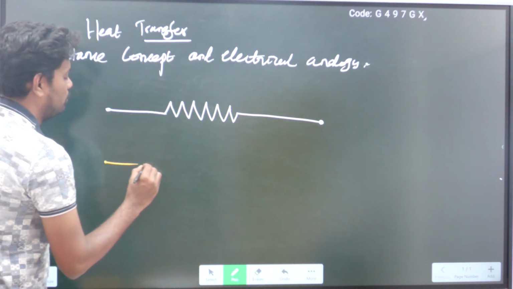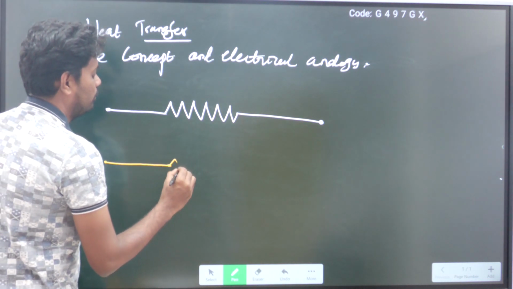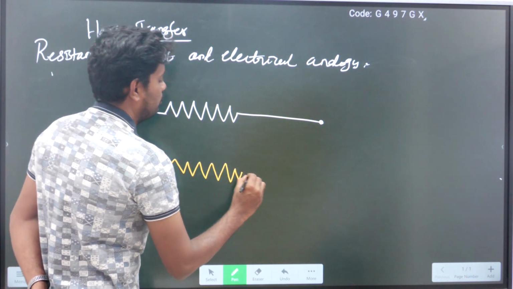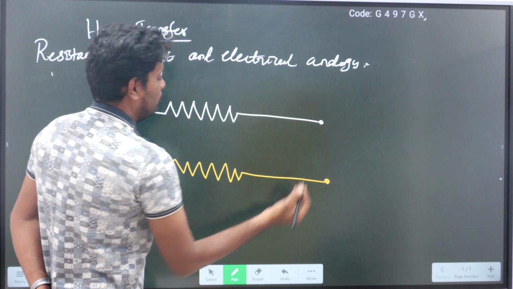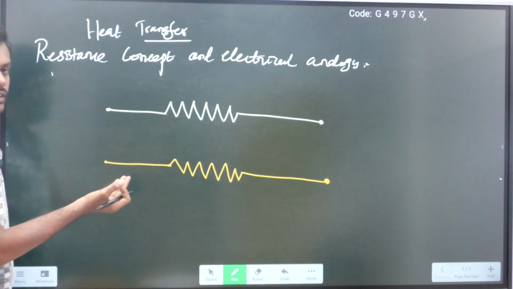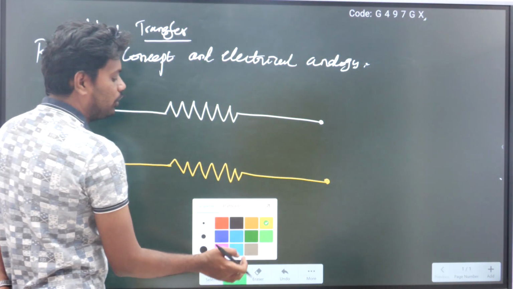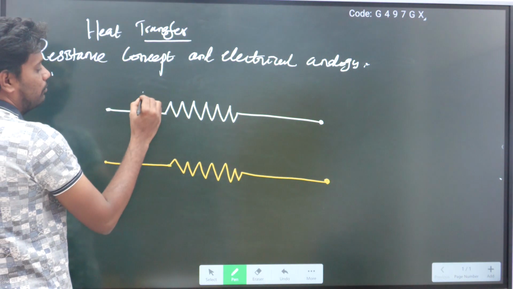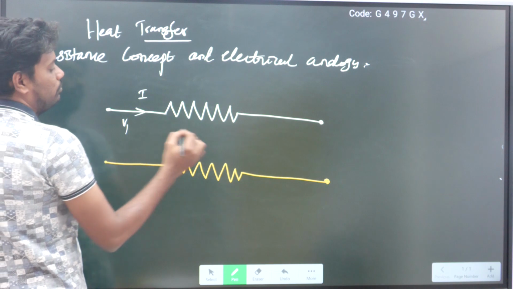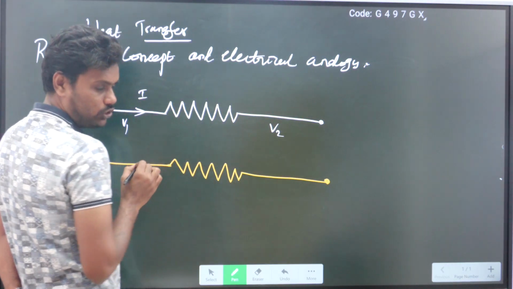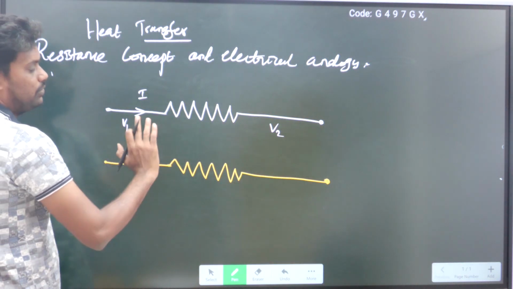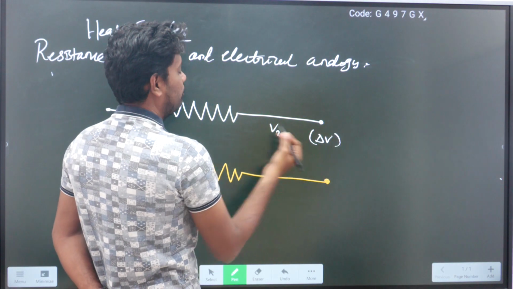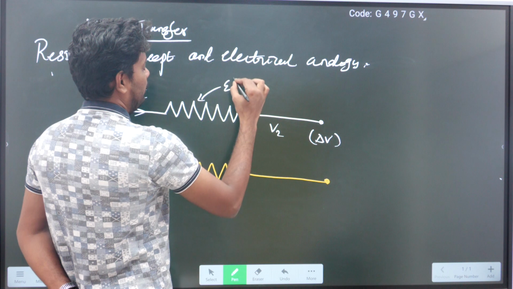This is one material, which also has resistance like this. In the electrical case, as you people very well know, the current is flowing, here there is one voltage and there will be another voltage here, so there will be some change in voltage which you can call delta V. This is the electrical